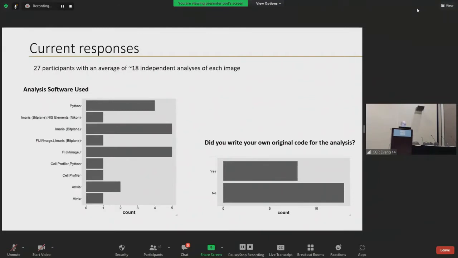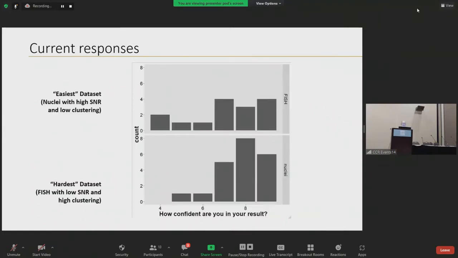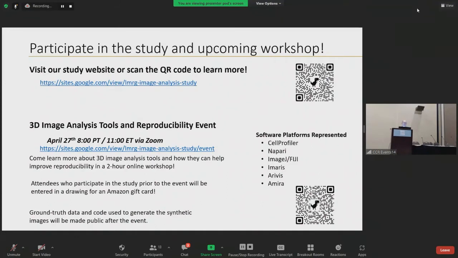Here are current statistics. So far, as you see, we recruited 27 participants. Here are the statistics on what software they used, and if they wrote their own code. There is also a distribution of people that managed to do the easiest data set and the hardest data set. And so as you see,